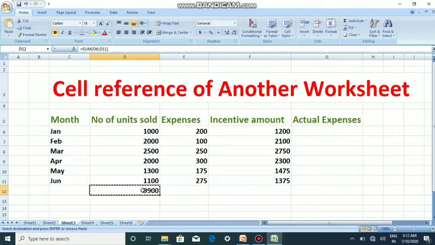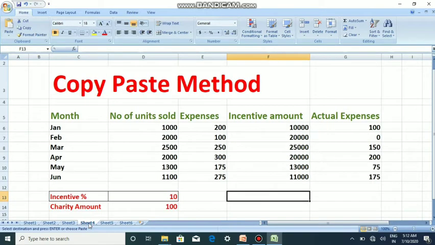So Control C, and once Control C is pressed, that is once the copy option is selected, you have noticed that the cell selection has changed to dotted lines. Then I'm going to take another sheet. Here I'm selecting sheet 4, and then I'm going to paste the formula next to the incentive amount. So Control V, and here you have noticed that the answer is 99,000.